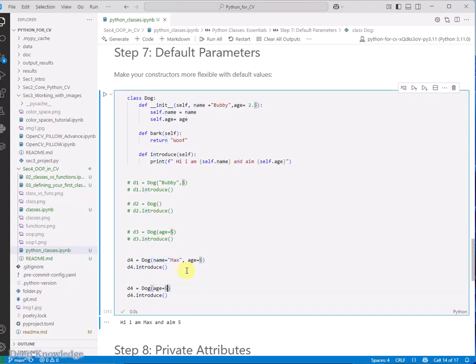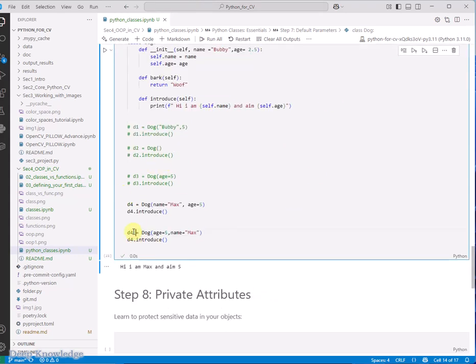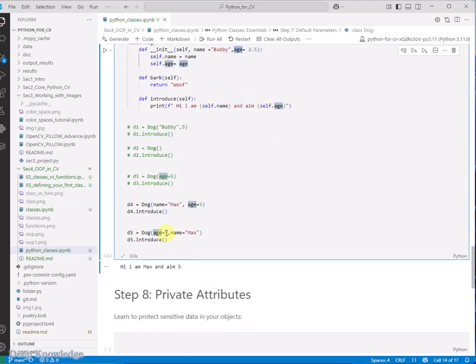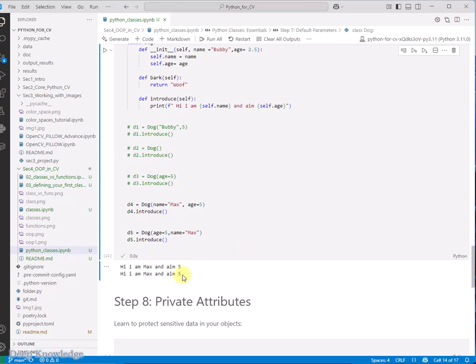This I already covered in the functions, but let me just repeat it. Now if I create the object 5, I can also use 4, but just to make it... the first parameter is name, and the second parameter is age. But when I initialize the object 5, I have to start with age 5. But this should work. Why? Because I have mentioned this word here, and I will get the same output as the previous one, as the object 4. And you can see here, this is